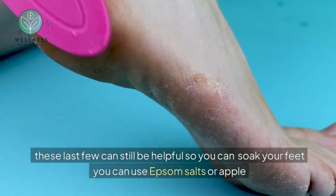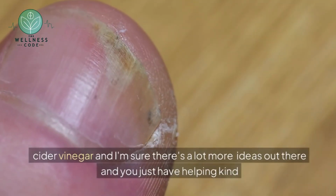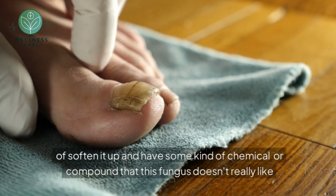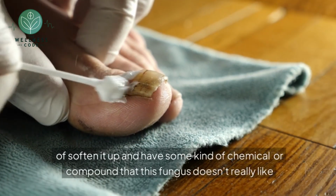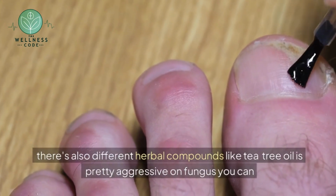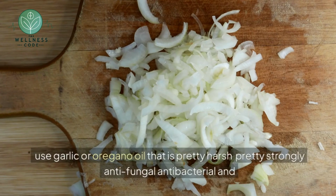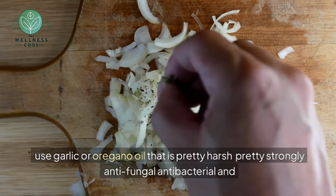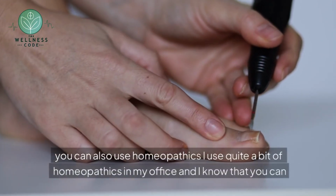So you can soak your feet, you can use Epsom salts or apple cider vinegar, and I'm sure there's a lot more ideas out there, and you're just helping soften it up and have some kind of chemical or compound that this fungus doesn't really like. There's also different herbal compounds, like tea tree oil is pretty aggressive on fungus. You can use garlic or oregano oil that is pretty harsh, pretty strongly antifungal, antibacterial, and you can also use